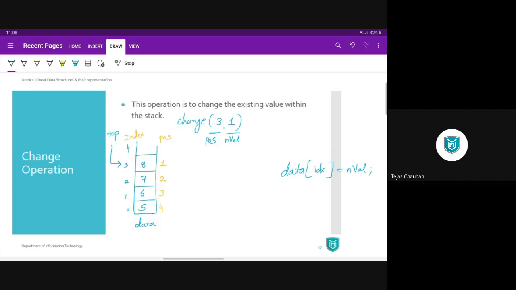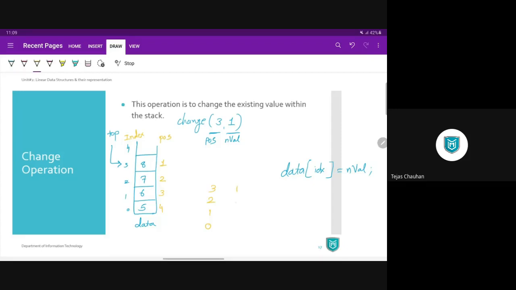Now, that is my question to you all. Can you come up with one mathematical equation which is going to convert the given position to the appropriate index? Try to come up with one equation and write it in the chat box. How are you going to map these two things? What things do we need to map? 3, 2, 1, and 0 are the indexes.